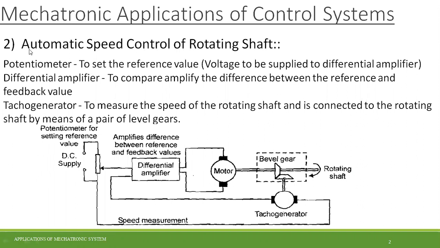Here there is a second example, that is automatic speed control of a rotating shaft. So what is our main aspect of this mechatronic application within these systems? Nothing but decreasing the human involvement to operate in a perfect way, nothing but filling of the tank. In the previous example we have already seen that